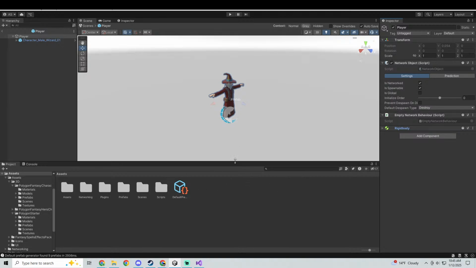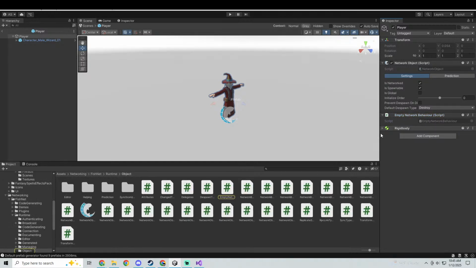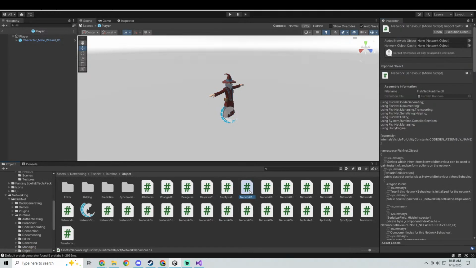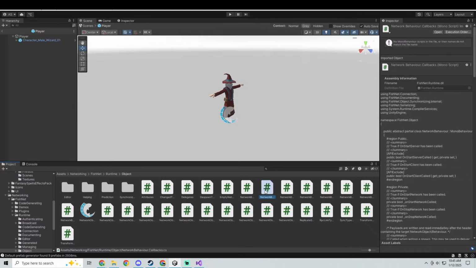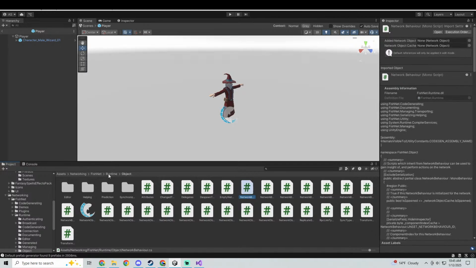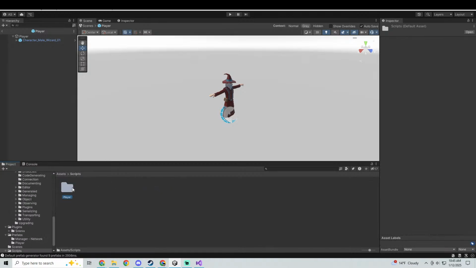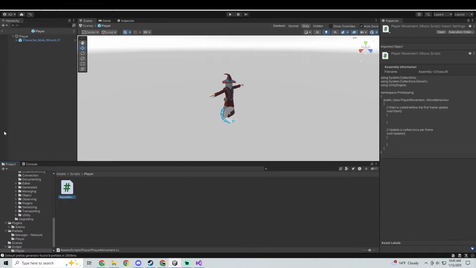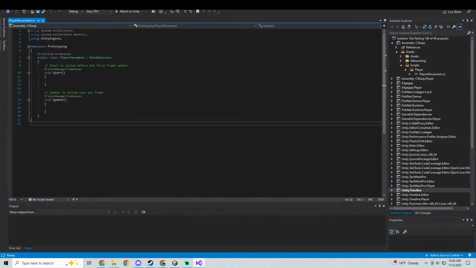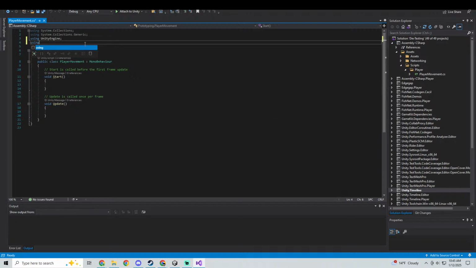What we need to do, why empty network behavior script? Why is it? And this is where it's been a really long time. So this is going to be like a struggle. Why did I double click it? Because if I remember right, and I probably don't,